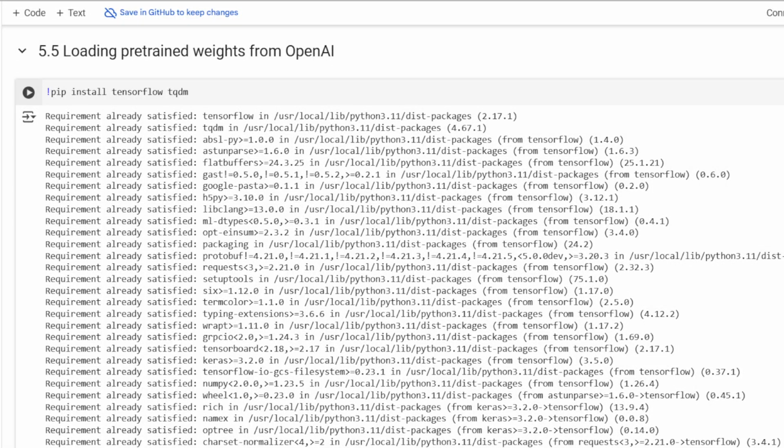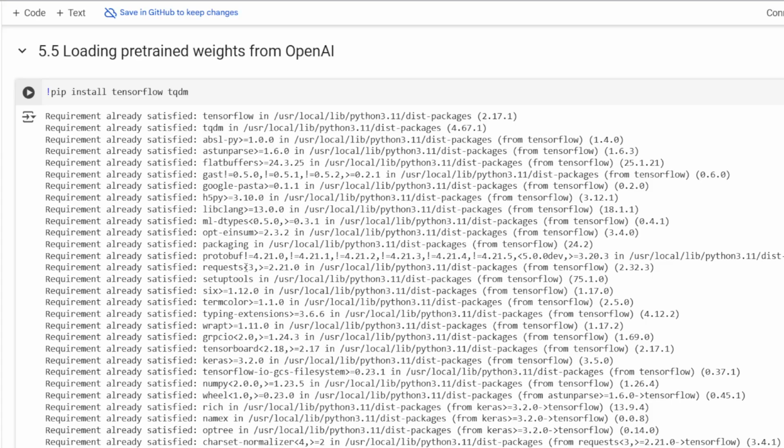Right. So now we know what we are trying to do here. In this video, we're trying to load pre-trained weights from OpenAI. We've discussed why we would want to do that. And now let's see how we can, because we actually created this model, the GPT model, our version of the